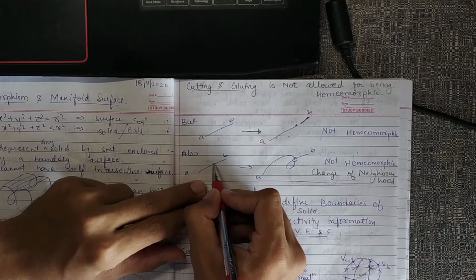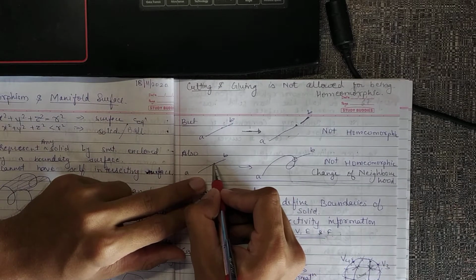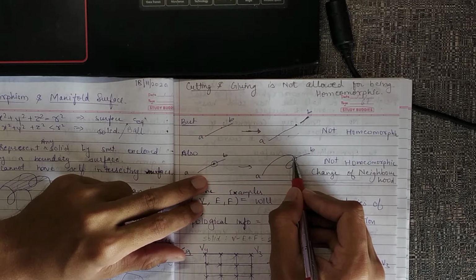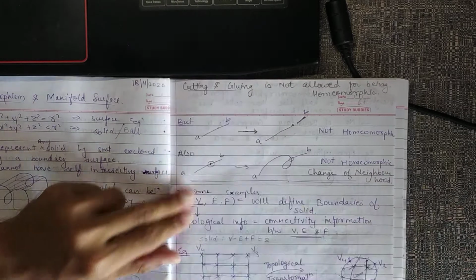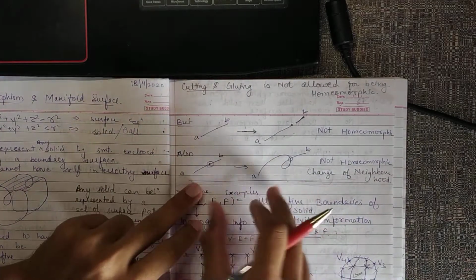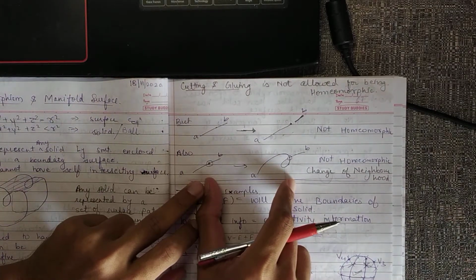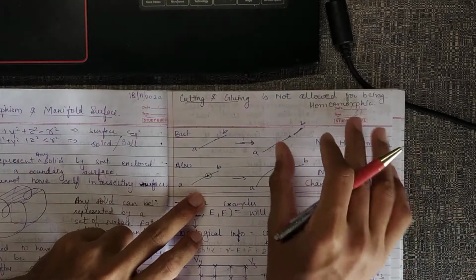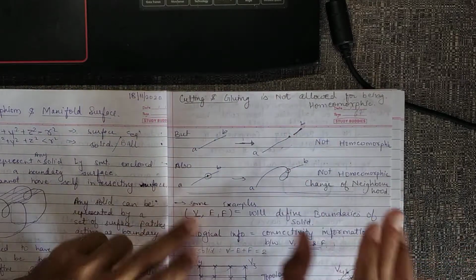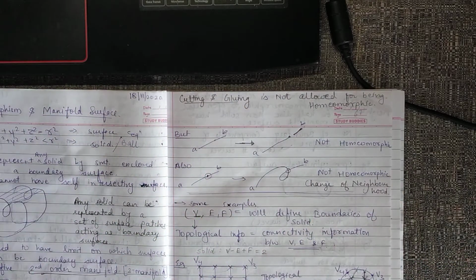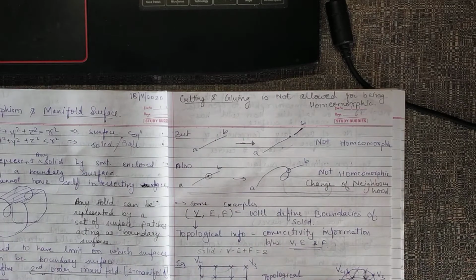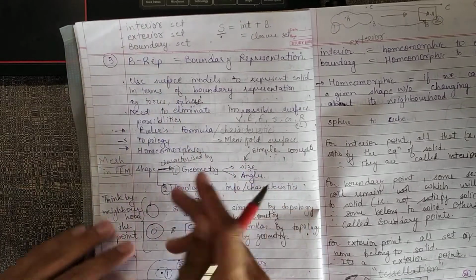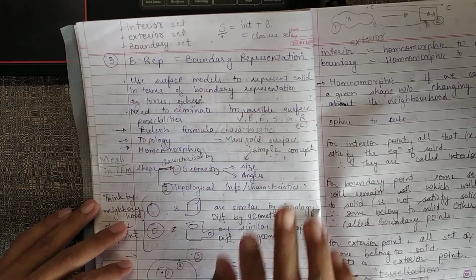Over here also, a point on a line had two boundary points around it. Here the same point on the line has four boundary points around it. So we have changed the neighborhood information. So this kind of change is not a homeomorphic change, and these two solids are not homeomorphic. So for homeomorphic changes, cutting and gluing is not allowed. This is the very simple common language to understand. So we have defined homeomorphic transformations, topological transformations, manifold surfaces.